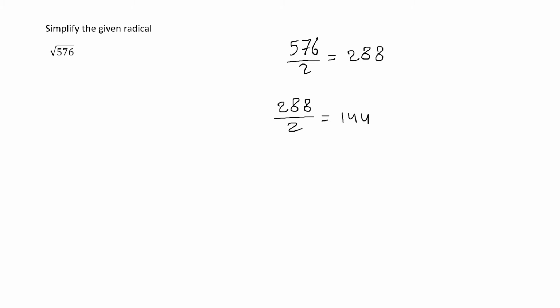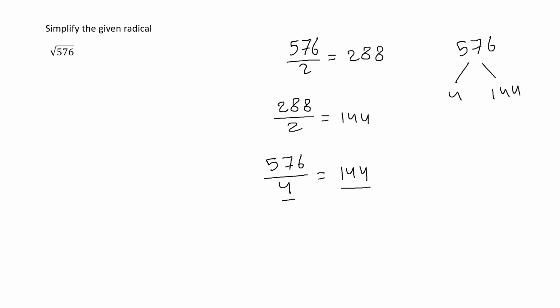Now looking at these two values, we know that 576 divided by 4 is going to give us 144. These two factors, the 4 and the 144, are going to help us get closer to evaluating the square root of 576, because 576 has these two factors, the 4 and 144, that we know the factors for.